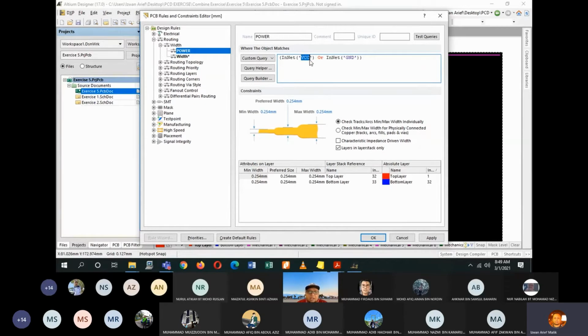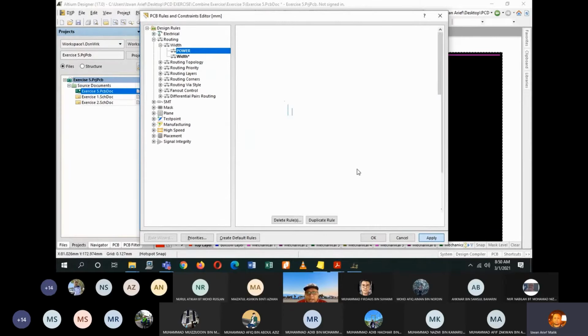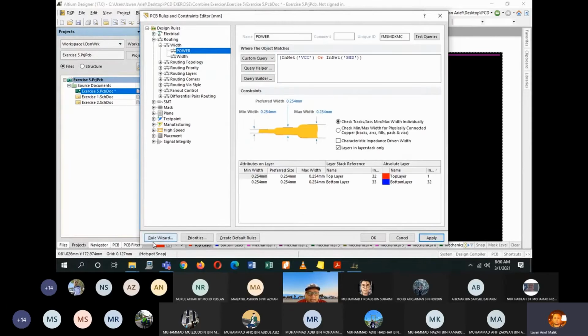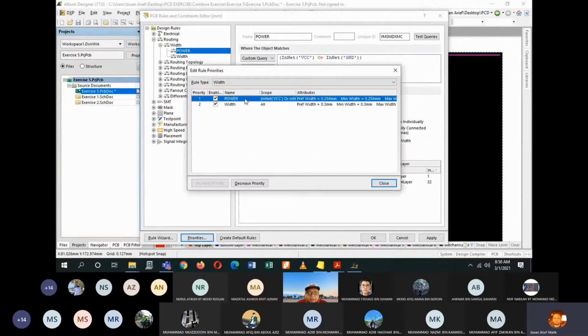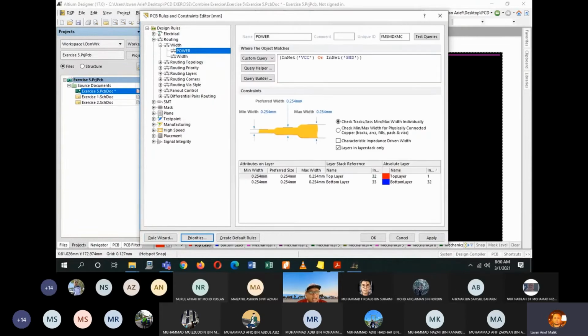If you use VCC, VCC if plus 5, plus 5 volt. Okay, but make sure both of the schematic are having the same name. Okay, click on apply and then check the priorities, make sure power is on top. Done, and then